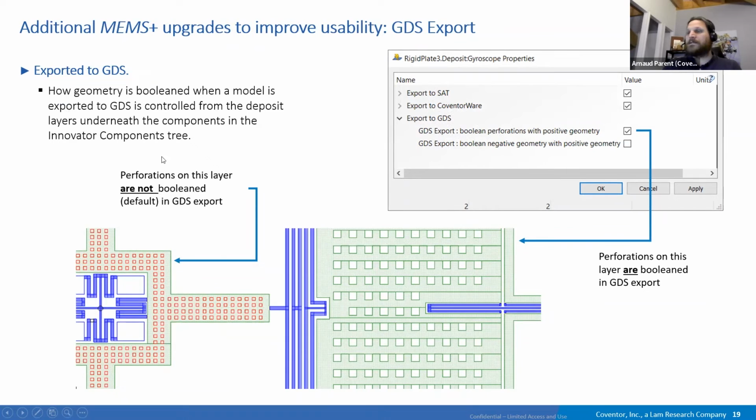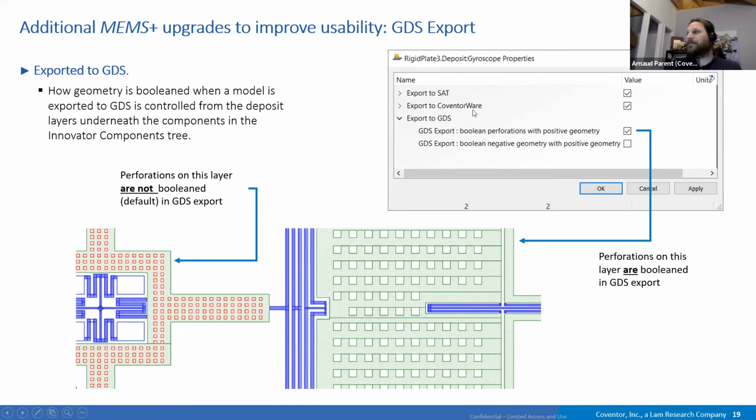And what's new? So before the release, when there is perforation, so you have a mass with perforation, what was happening in MEMS+ is you would have two GDS, one for the contour of the mass and one for the perforation. Basically one was positive, the other was negative, and the Boolean operation would give you the correct perforated GDS. That was a choice to export as two GDS, and we added the possibility to export as just one GDS, where the Boolean operation is done prior to exporting the GDS.